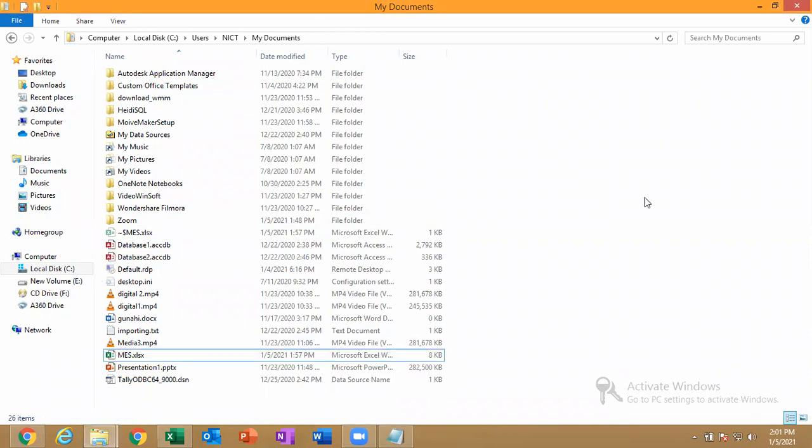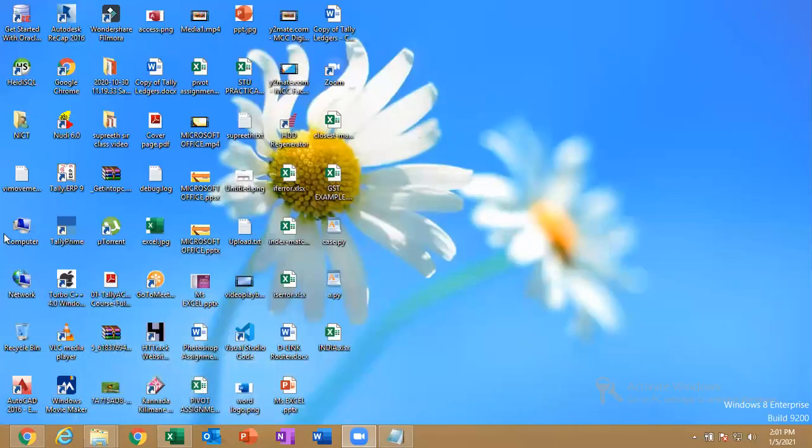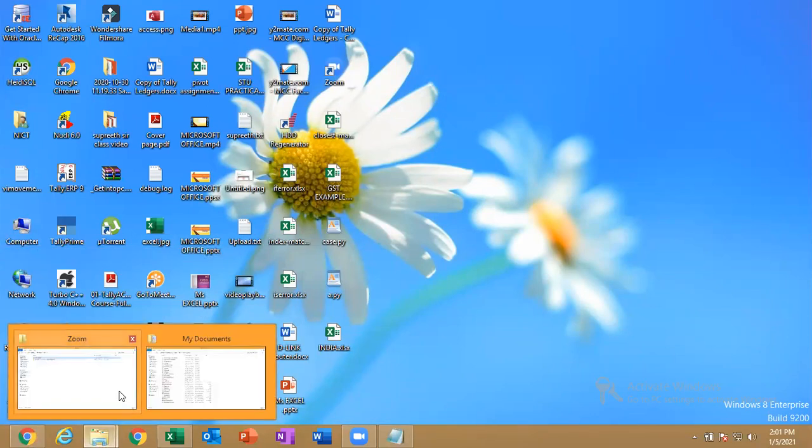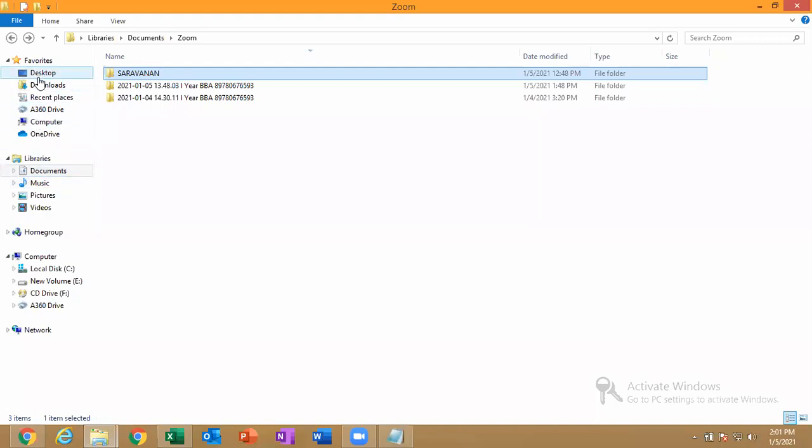Sir, how to add desktop shortcut in home screen? Okay, let me clear you. In case I don't understand, you want this computer to be added on the desktop, or you want this desktop, which is here, to be added on the desktop.